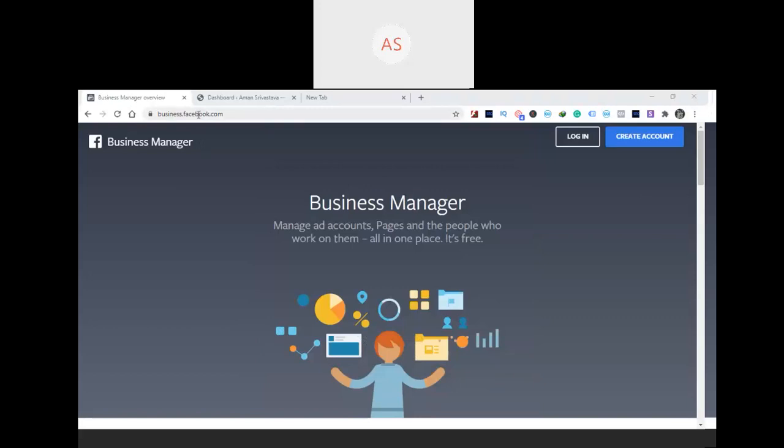So the very first thing is that you have to go to business.facebook.com, and I've already created my ad account. I'm just gonna log in. In your case, you're gonna click on create account and fill in whatever details they ask for and create a new account. Okay. So I'm just gonna log into my account.